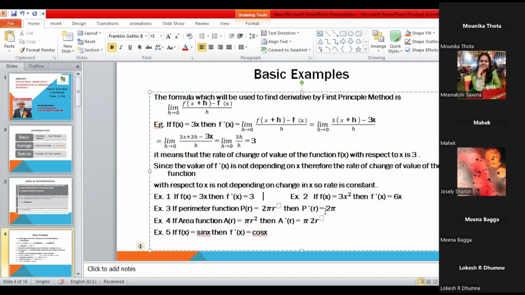Please explain this concept very clearly in the beginning so that they will realize what a derivative is and how it is related to the change of the independent variable. Then comes trigonometric functions: sin x, derivative is cos x. So after these basic examples, we should go for the basic trigonometric functions, derivatives and all. Now next is